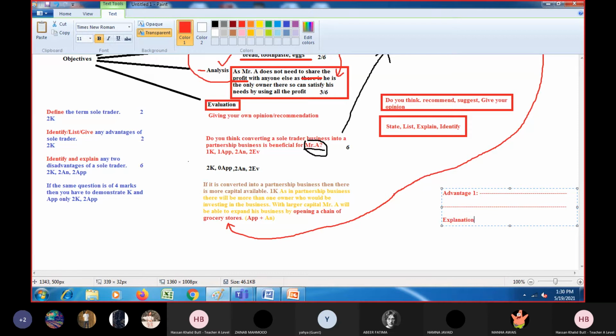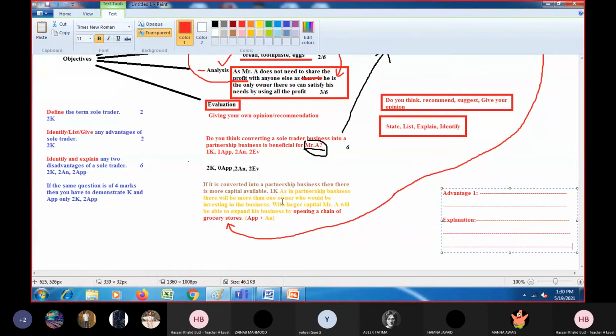It means that you cannot use knowledge, application, and analysis together in all questions. This is not possible. For knowledge, there is a separate space, 2 lines, and for analysis and application, they will provide you a separate space. But in a 6 mark question, because there is no separate space, as I'm doing it, you can use all of them together. So I have used it together.